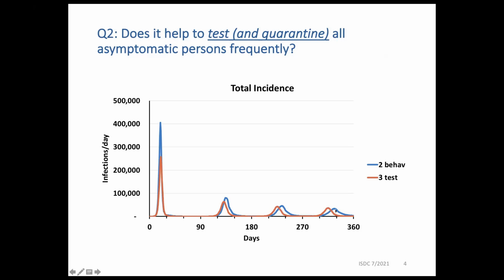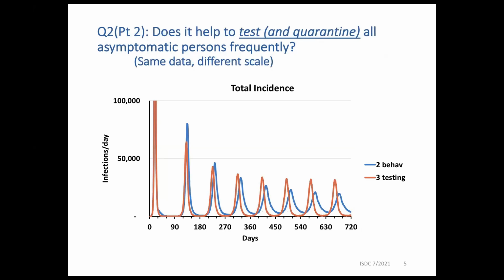Let's look at this over a longer period of time. A longer look seems to show counterintuitive results. At 2 years out, the peaks under the testing program are much higher than in the behavior-only scenario. But notice that the testing peaks are narrow. What's more, under the testing program, the incidence rate drops very low between the waves, while under the behavioral scenario,